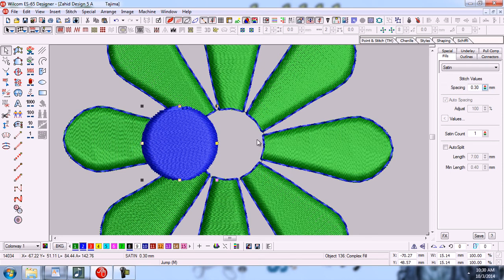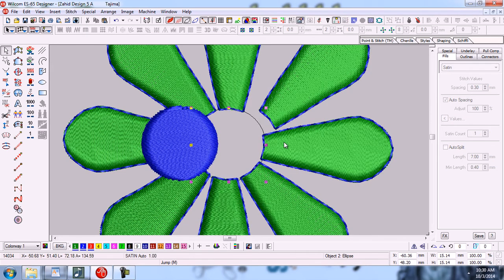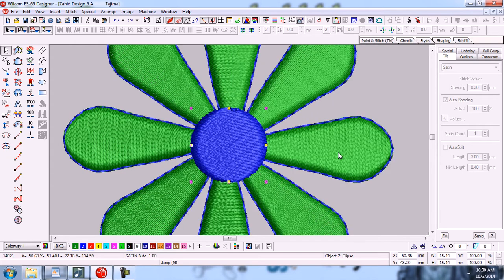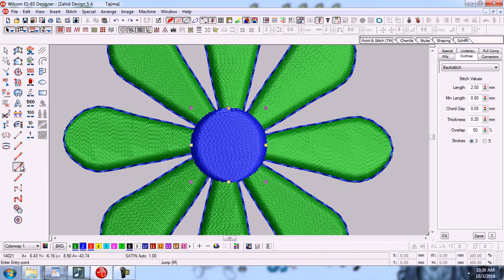Now I will select the drawing of the circle again, and now I will change it into backstitch and change its color.